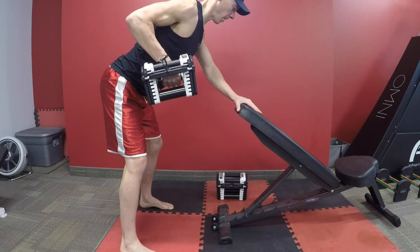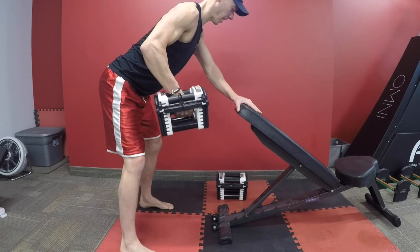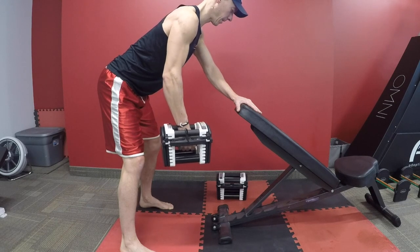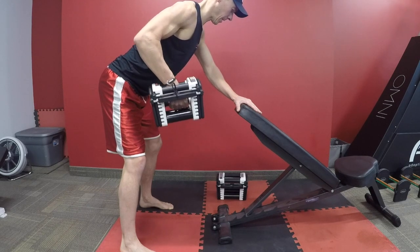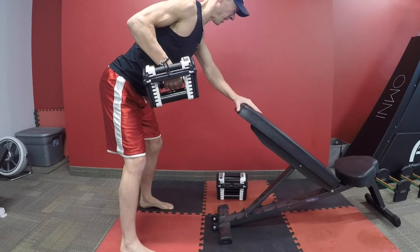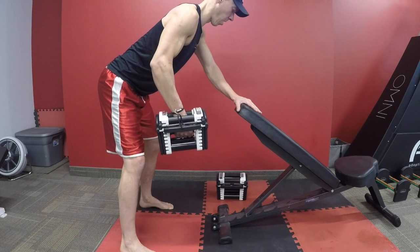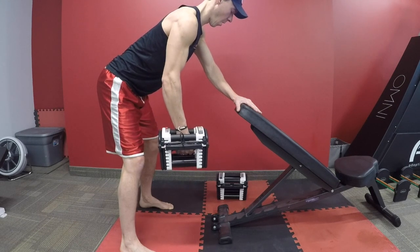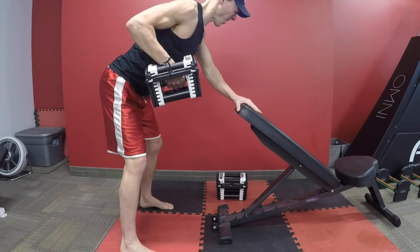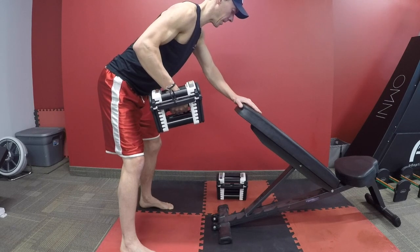The further forward you lean with this, the more you're going to feel the weight, the more challenging it's going to become. So adjust the resistance in either your dumbbells or the resistance band or your water jugs accordingly. Move slowly. You can see at the top of that position where the dumbbell's closest to my chest, I'm pausing for a few seconds. And at that point, I'm not just holding the weight, I'm actually trying to squeeze my back muscles consciously. The harder you squeeze,